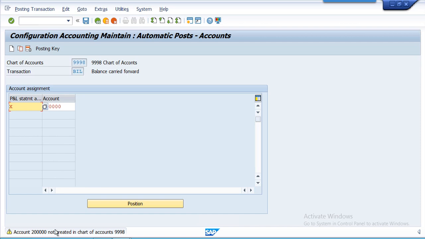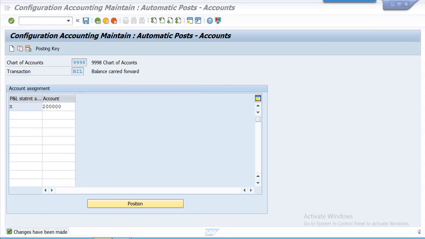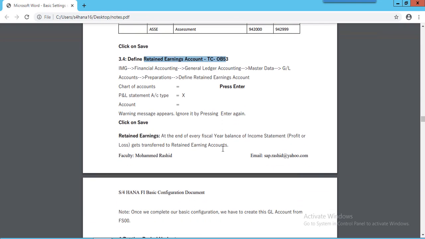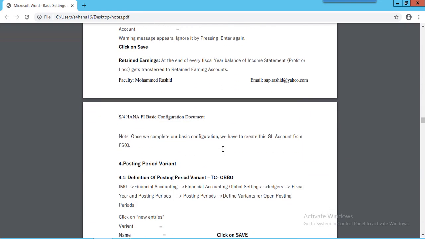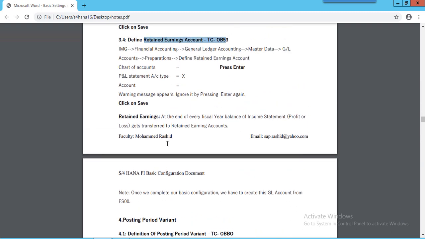When we finish this configuration, at the time of creating the GL account, first we will create this GL account. Save this. Next step, this retained earnings GL account means any profit or loss for the year will be transferred to this retained earnings GL account.